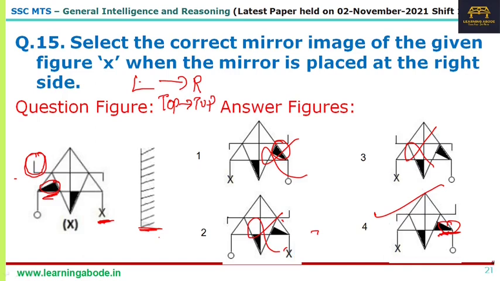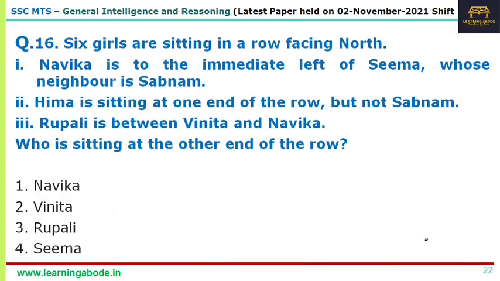So please remember, what is on the left will come to your right, and what is on the right will come to your left, but what is on the top will remain on the top only, and what is on the bottom will remain on the bottom only. And as far as this is concerned, this shaded part on the right will come to the left. That's correct in answer choice 1 and 4. Anyhow, answer choice 4 is the answer for question number 15. Now question number